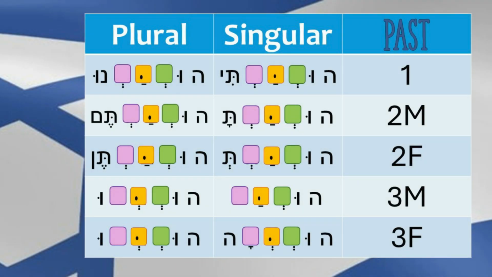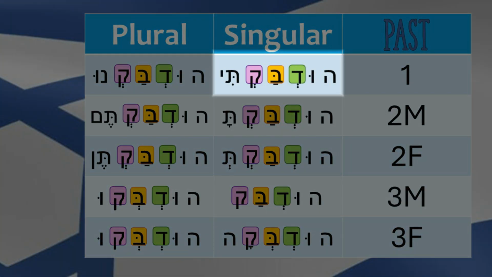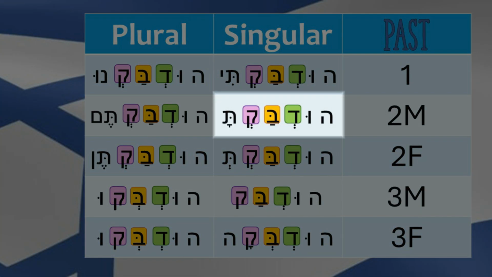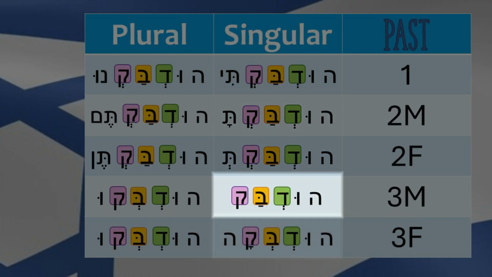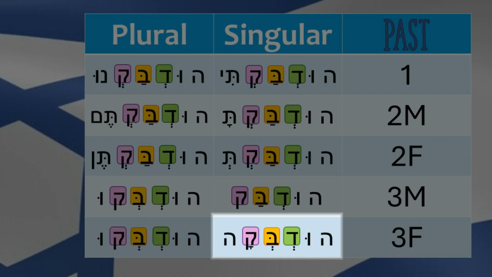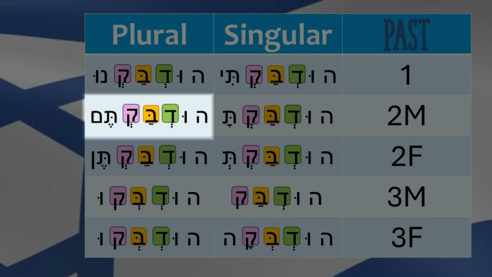And again, it's always easier to understand with a practice verb. So using the same shoresh, dalet bet kof, we have hudbakti, hudbakta, hudbakt, hudbak, hudbeka, hudbaknu, hudbaktem,